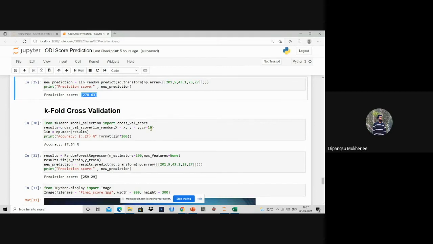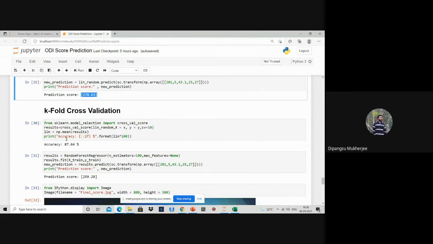So first one fold will be for testing purposes, and the rest of the 9 folds will be for training. Then the second block will be for testing, and the rest of the blocks for training. This type of thing happens for cv equal to 10. After that, we calculate np dot mean, that means we calculate our results in average format, np dot mean results, where results is our object.